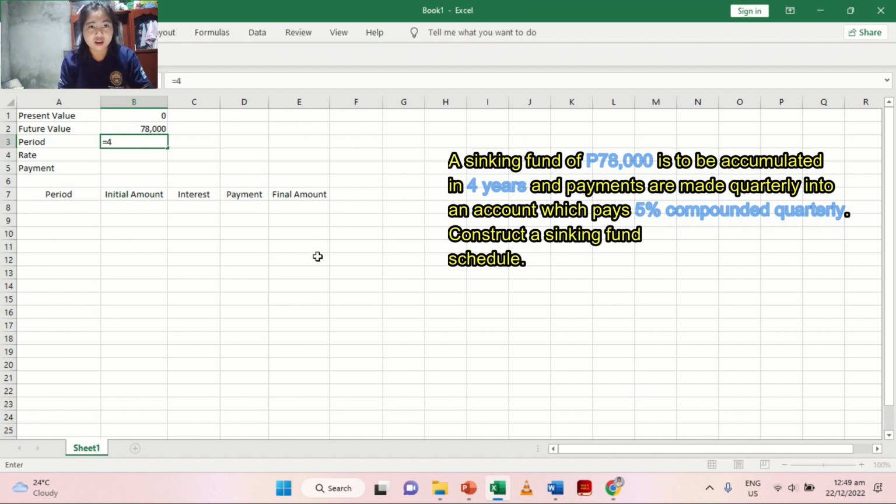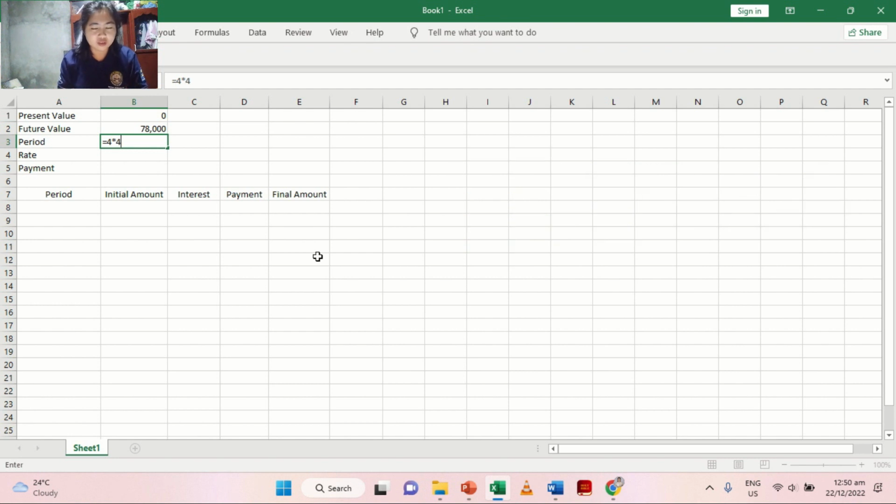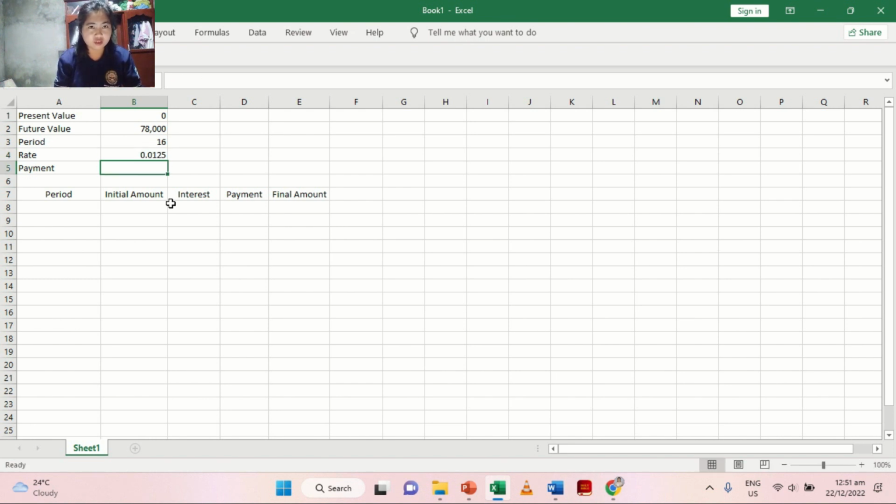Then multiply to frequency of conversion, which is 4. So 4 times 4. Our rate is 0.05, 5% or 0.05 divided by the frequency of conversion for quarterly, 0.0125. So the payment, type equals then PMT, open parenthesis, then click the rate, this rate, comma, period, comma, the